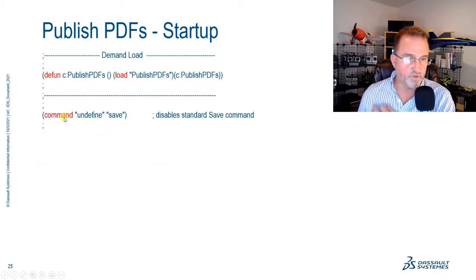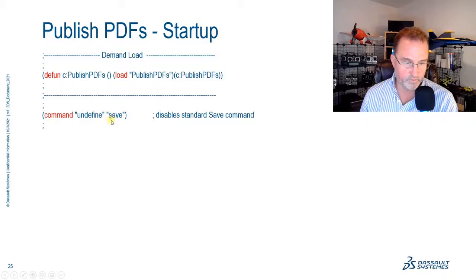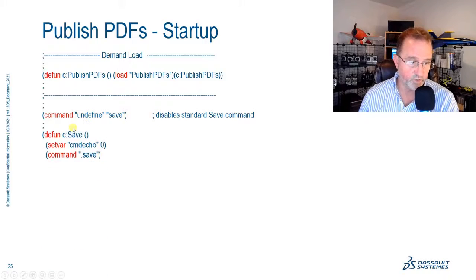So the first thing I'm going to do in my startup is undefine the save command. Now this is somewhat dangerous because basically I'm removing or disabling the save command. So if someone goes to type save after this, it will not work because I've undefined it. But what I'm going to do right away is redefine the save command as my own save command. So the first thing in this command function is we're going to turn the command echo off, set it to 0, and then I'm going to run the